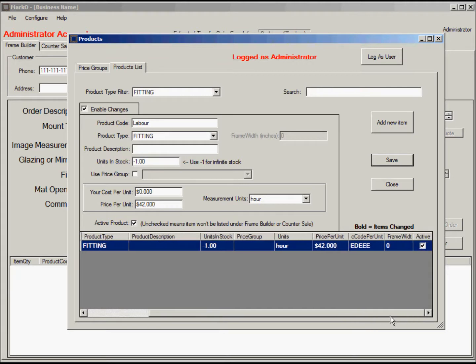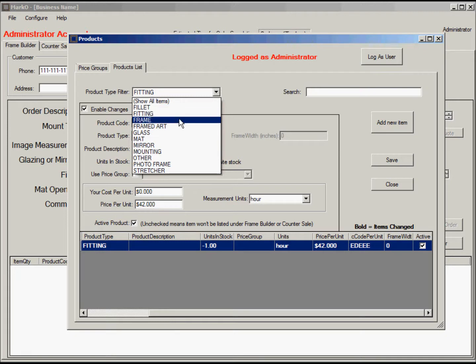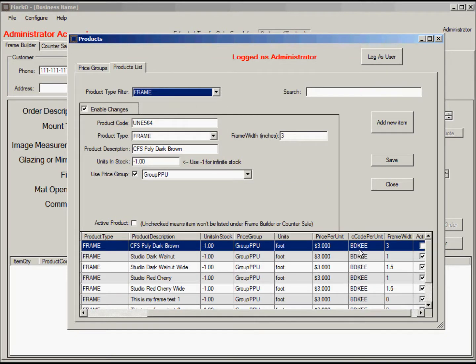For every item there is a C code, and the C code is actually how much you are paying for it. In this case it is $0 for what you're paying for your labor, so there is no value in there. But the coding here is BLACKWHITE, where B is like a number 1 and E in white is 0, and this the dot, so this will be 0 dot and 3 zeros after that, so that will be nothing, zeros. If we select another product like frame, you see here BDKE, which is a value for it